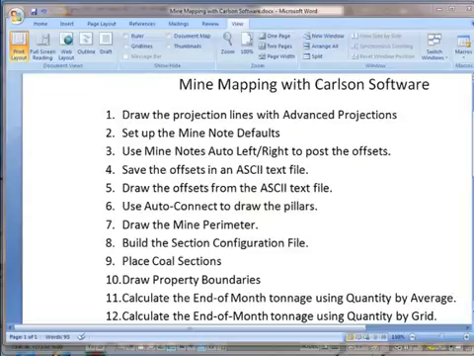We will draw the projection lines using advanced projections, set up the mine note defaults, use the mine notes auto left right to post the offsets, save the offsets in an ASCII text file, draw them from an ASCII text file to show what would happen if you had lost that information. Use AutoConnect to draw the mine pillars,